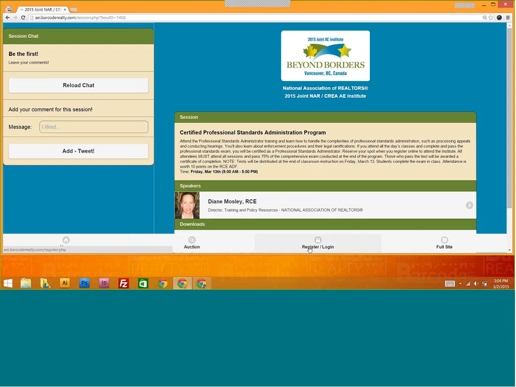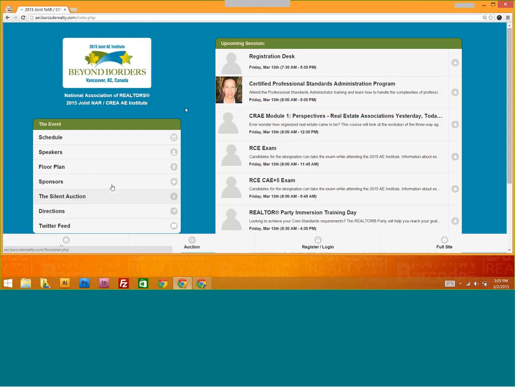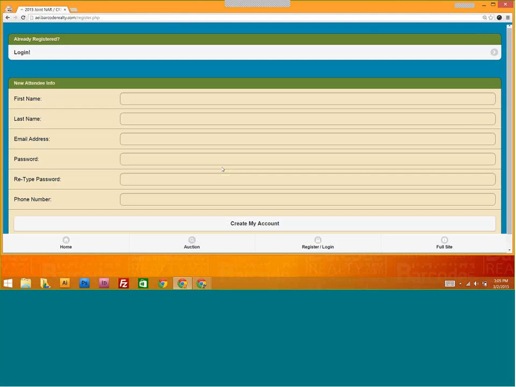Now, I'll go back to the home page here, but you'll notice that the register and login button is at the bottom of every page, right in the footer. So we'll go back to home, and we'll actually log in from here and create an account. The first thing we'll do is say, all right, I want to create an account, or I want to log in. So you can always log in with your account that you've created here,